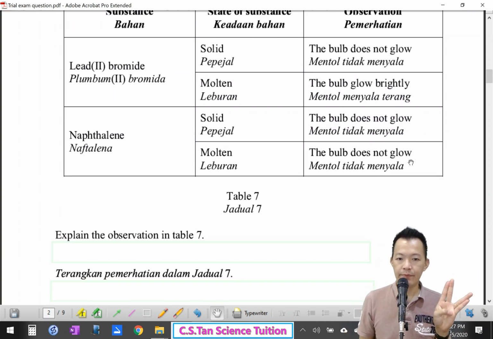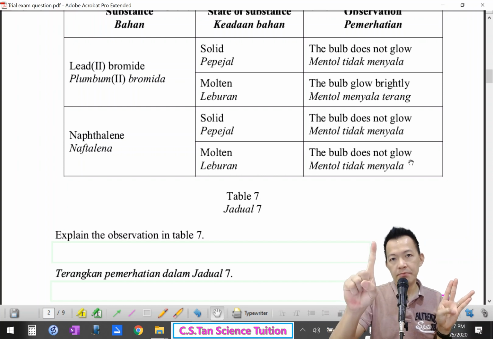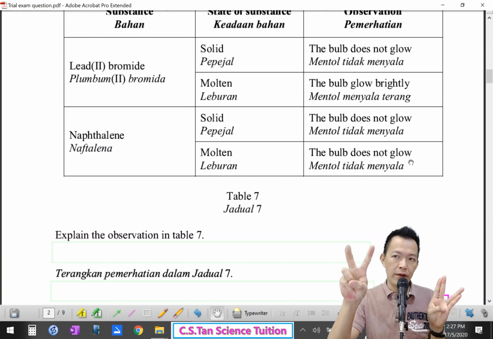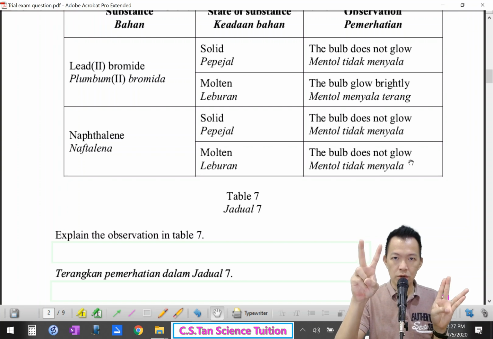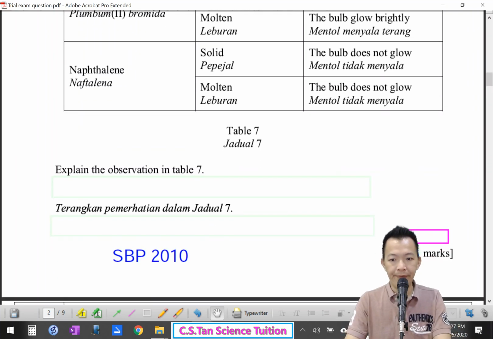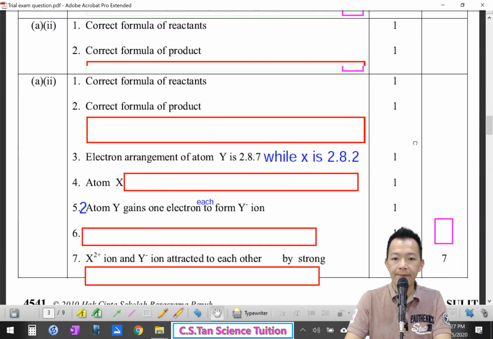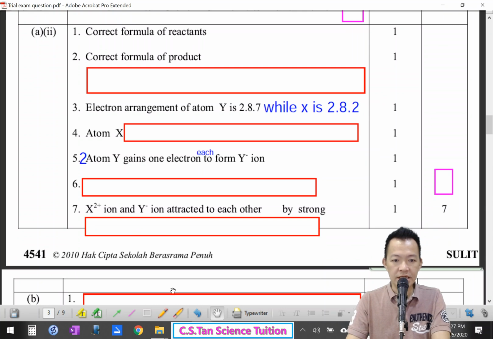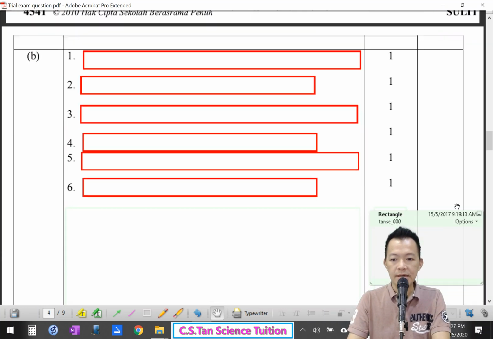Naphthalene in solid and molten cause the light bulb does not glow. Okay, why? Simple. So naphthalene in solid and molten state does not conduct electric. So that's why the bulb does not glow. Or why? No free moving ion. Or you can talk like this. Okay, naphthalene actually is a neutral molecule. Or no free moving ion. 两句都可以。Okay, neutral molecule. No free moving ion. Okay, so now you're having 6 mark. 你已经拿到了6分。Okay, so copy your answer 啦。Okay, all this actually you already copy, 你已经抄了。This also same, 你已经抄了。